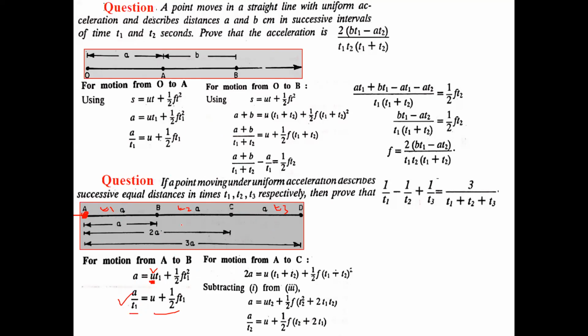The distance will be A plus A, 2A, that's why our line has been made 2A, and the time is T1 plus T2. So because we have to solve this equation now, 1 by T1 minus 1 by T2 plus 1 by T3, we require 1 upon T1, 1 by T2, 1 by T3. I have 1 by T1 here in this term, but from this term, if I divide by T1 plus T2, that will be cumbersome for us.